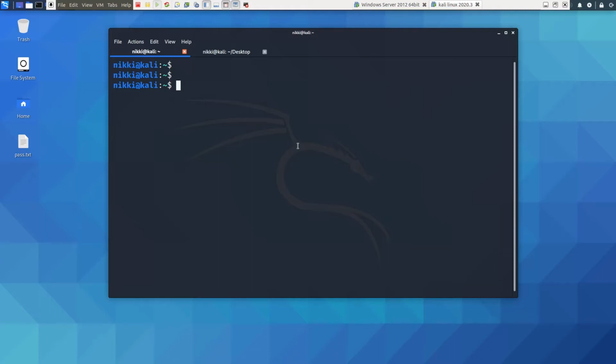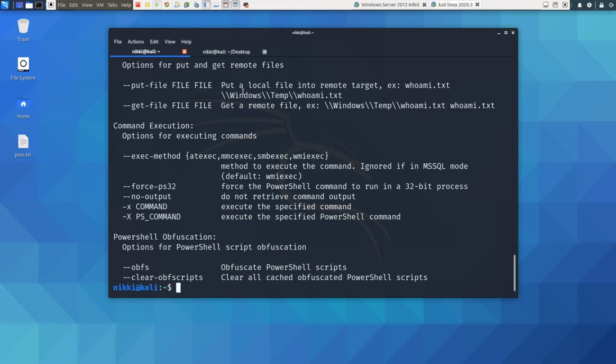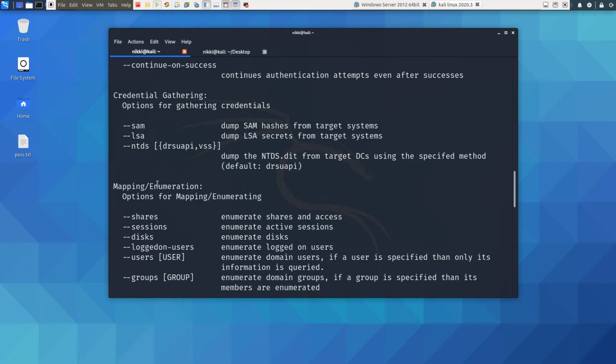Alright guys, in the previous video we got the administrator username and password, the credentials. Now let's see what we can do with CrackMapExec, that is the post exploitation. So let's open the help page of the SMB protocol. As you can see here,